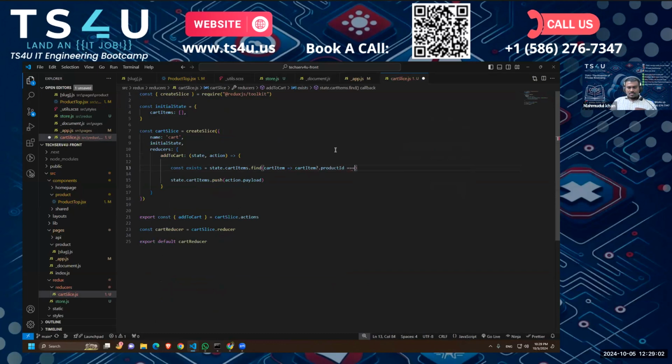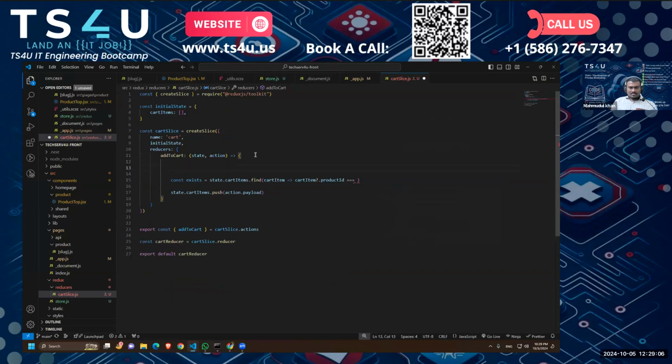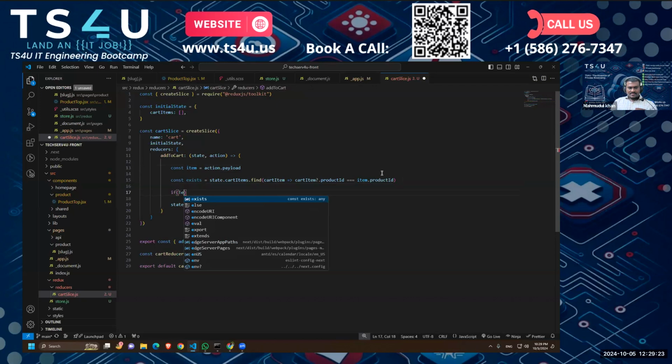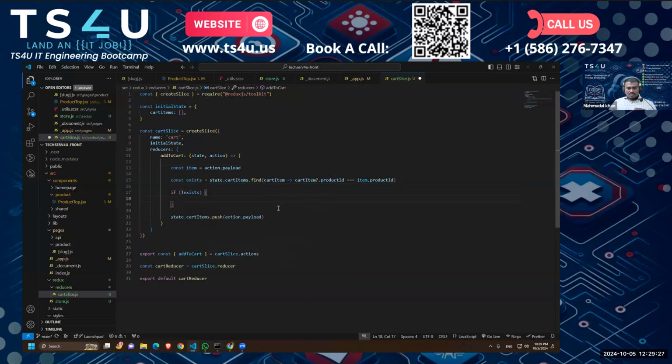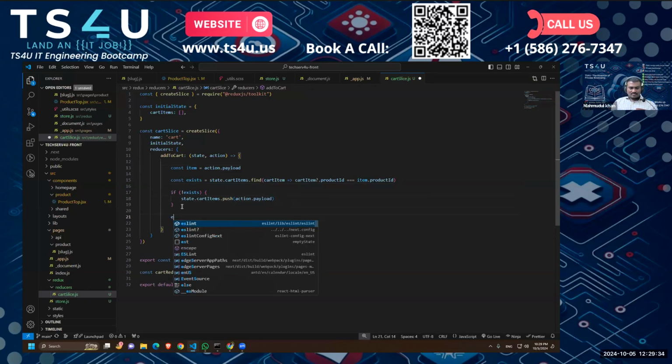Product ID equals the item that we are getting. I'll just take the item as a variable here, const item = action.payload. And here I'll say item.productId, the same thing. So first, we are checking if it exists. If it doesn't exist, so it is not in our store, then we can just push it to our array. But if it exists,